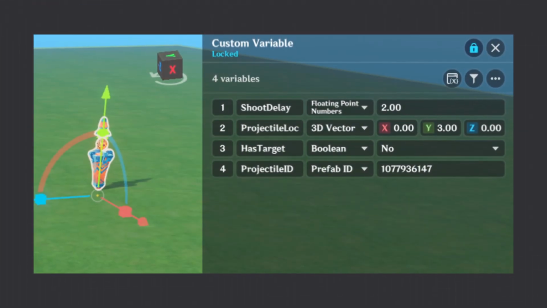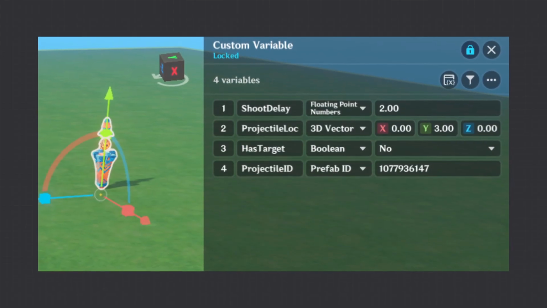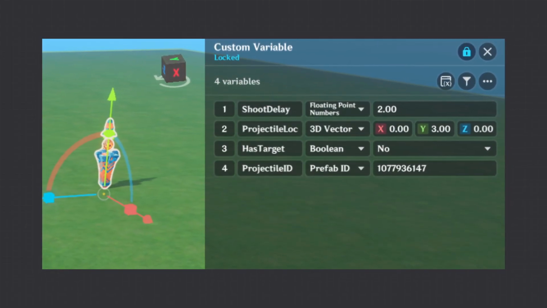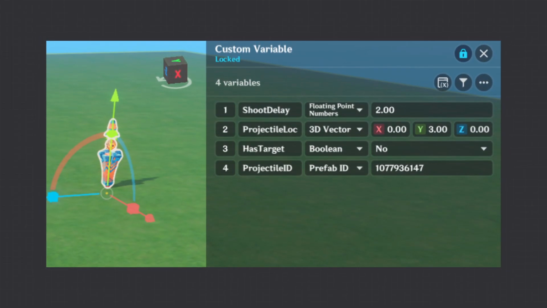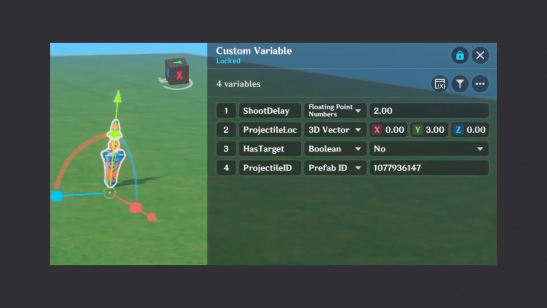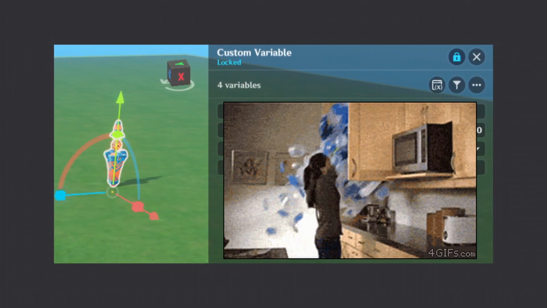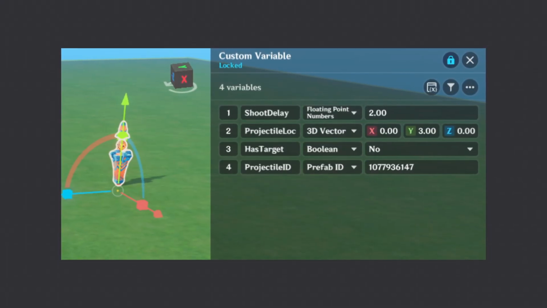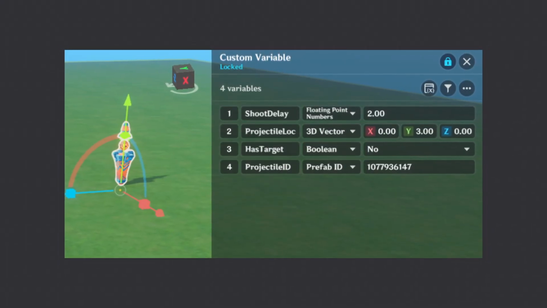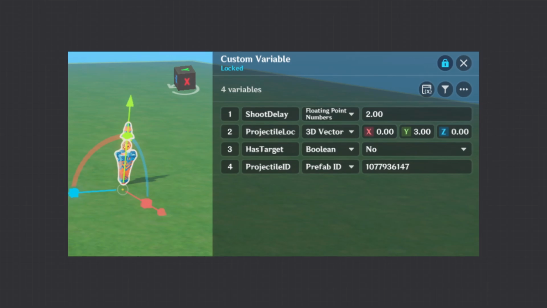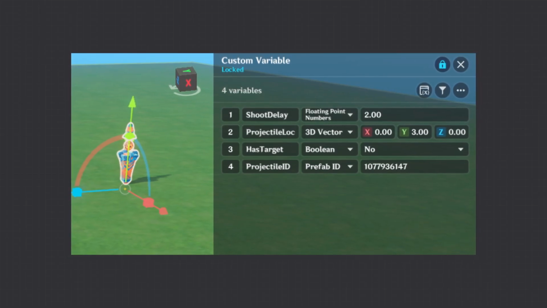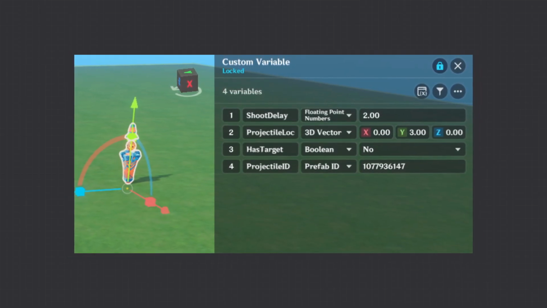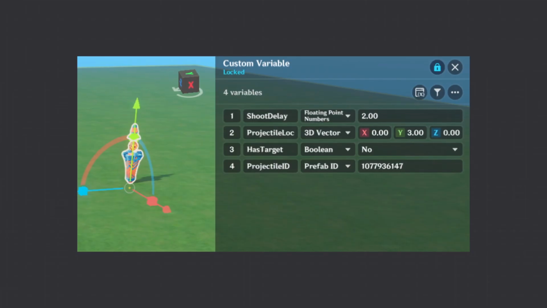When you download assets or check the resource center, you will often see setups like this. Every single value, no matter if it's damage, speed, score, health, whatever, is stored as custom variables. Even logic-specific values that only belong to one behavior are sometimes stored here. I mean, it works, sure, but they have one major downside that I learned the hard way, and I will demonstrate that with an example